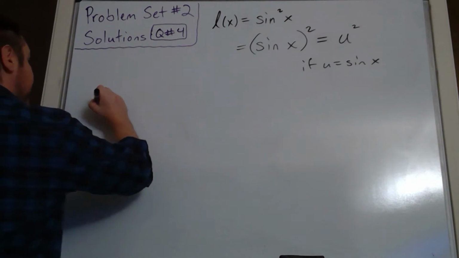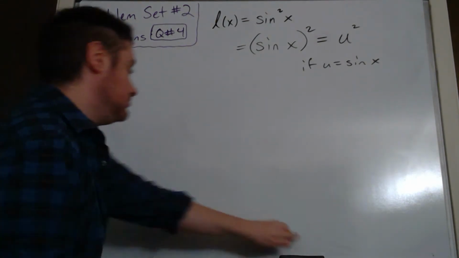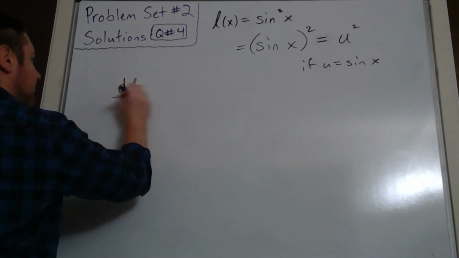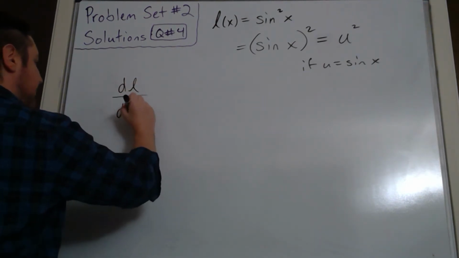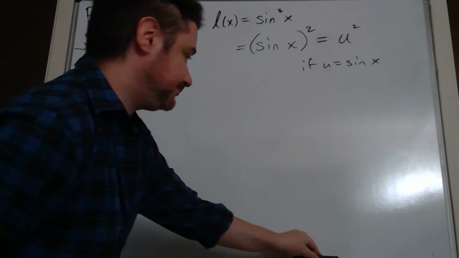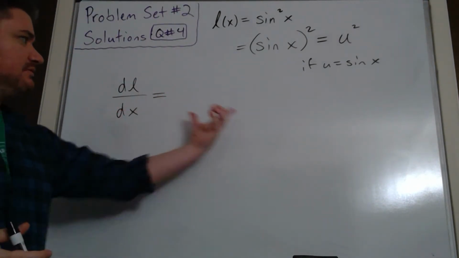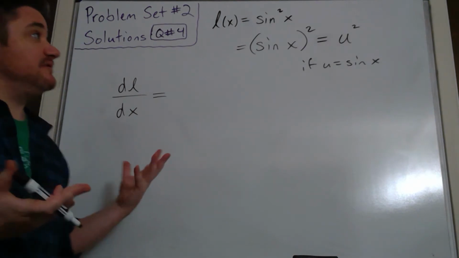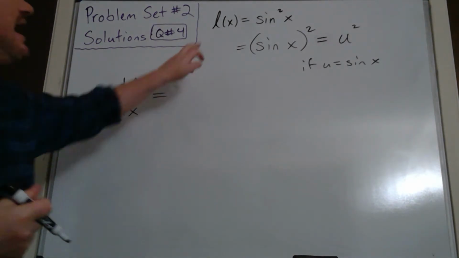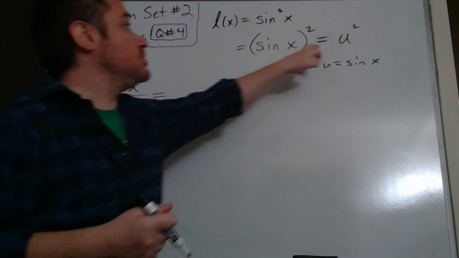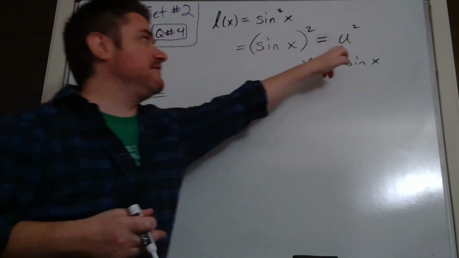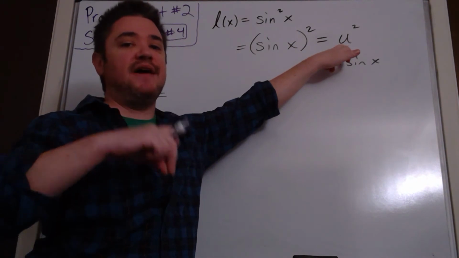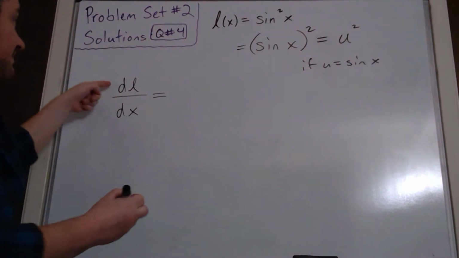Okay, so in that case now, the derivative of, let me use my d notation, the derivative of L with respect to x is, so the first time with this notation you try to write the chain rule, it looks a little bit weird, like where did this extra variable come from? But let's see what we've got now. We've got L of x is equal to u squared. So we have a function of x, but we've represented it now as a function of u. So what that means is we want to take the derivative of L with respect to u. And so that means I'm going to get dL